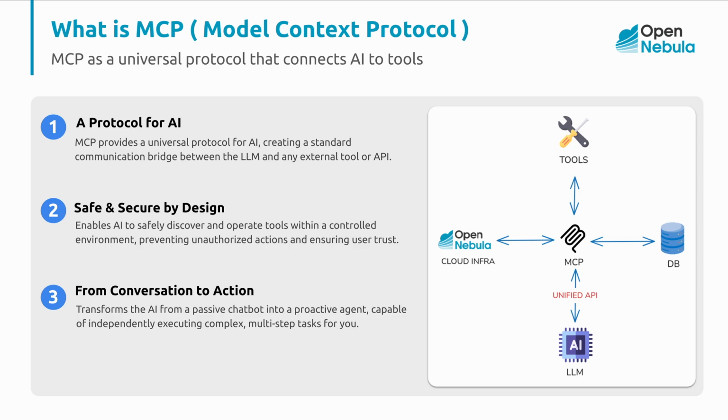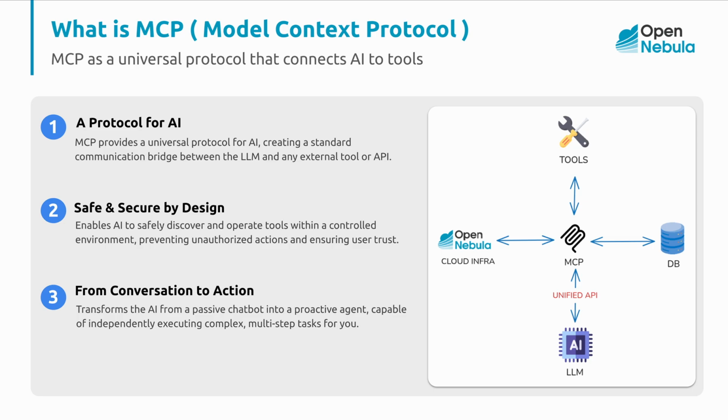MCP enables an AI to discover and operate tools within a controlled and secure environment. This framework includes built-in mechanisms to prevent unauthorized actions, manage permissions, and ensure user trust and safety during the tool execution. The protocol transforms the AI from a passive conversational entity into a proactive agent. It provides the capability to autonomously execute complex, multi-step tasks by interpreting user intent and coordinating the required tool operations